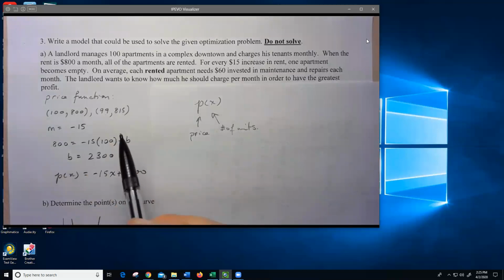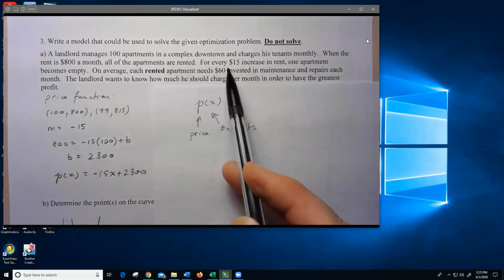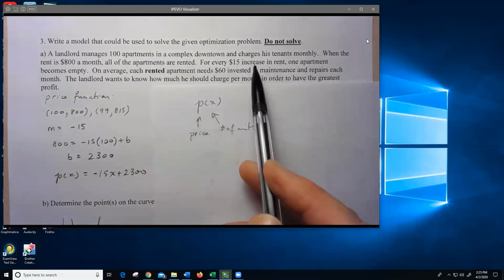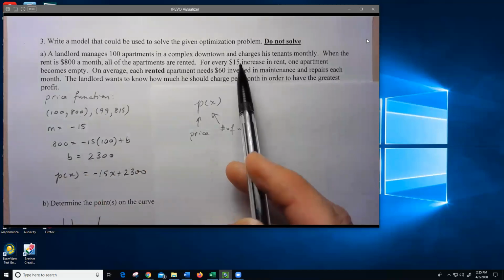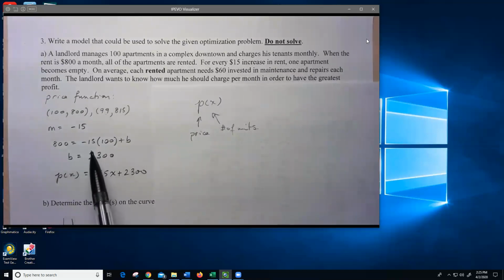So here, the first thing that seems to be implied is that this is a linear function, because they say every time I increase by $15, 1 less apartment. So that means I can represent price with a linear function. So I just find the slope, find the B value. Of course, you can also use point slope form if you like. And in the end, I end up with an equation for the price of the unit with respect to the number of units being rented out. Okay, so before I move on,